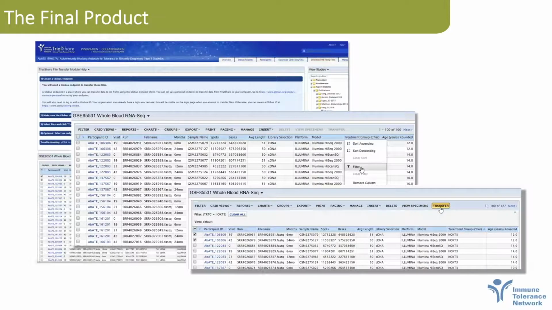The final product looks a lot like a grid. It looks a lot like a data set. You have some help up top that tries to explain the elaborate process of getting signed up for Globus and downloading the client. But once you have everything ready to go, you're running the client, and you've created your endpoints over at Globus, you have a data set. This is just a regular data set. It just happens to be keyed by file name along with participant and visit,